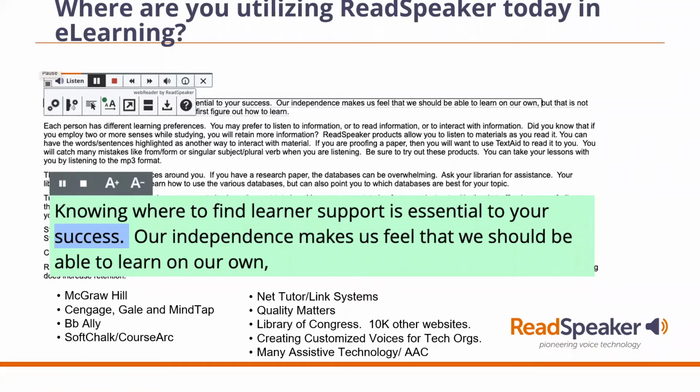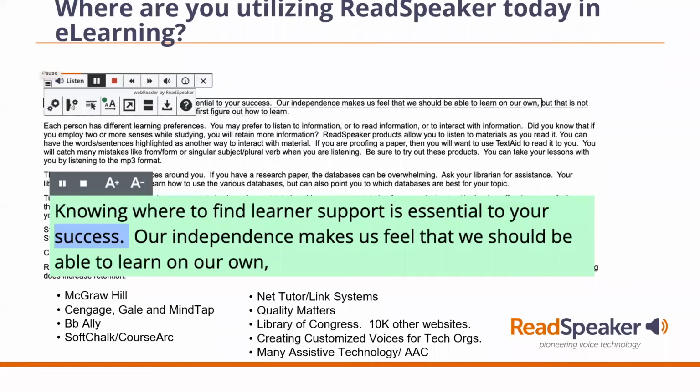The other thing that people don't realize is that often we're getting compared to the other assistive technology programs that are out there. I have to say the things that differentiate us is that there really isn't any other program out there that are creating text-to-speech or audio production, and that is what we do. We are pioneer voice technology. So we're utilizing our technology. We're making it better. We're making it most accurate in the marketplace.